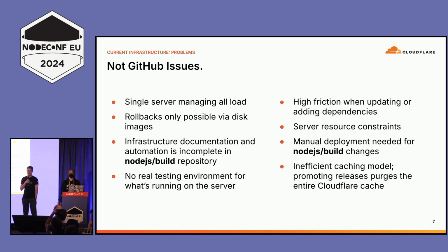Then you have, every time that we need to make any change there, even if we make the changes on Git first, someone from the build team needs to actually deploy them and test them and ensure that nothing actually breaks, and that they are there to verify those things after many hours. And there's an inefficient caching model because promoting releases, and that's just for historical reasons, will purge the whole Cloudflare